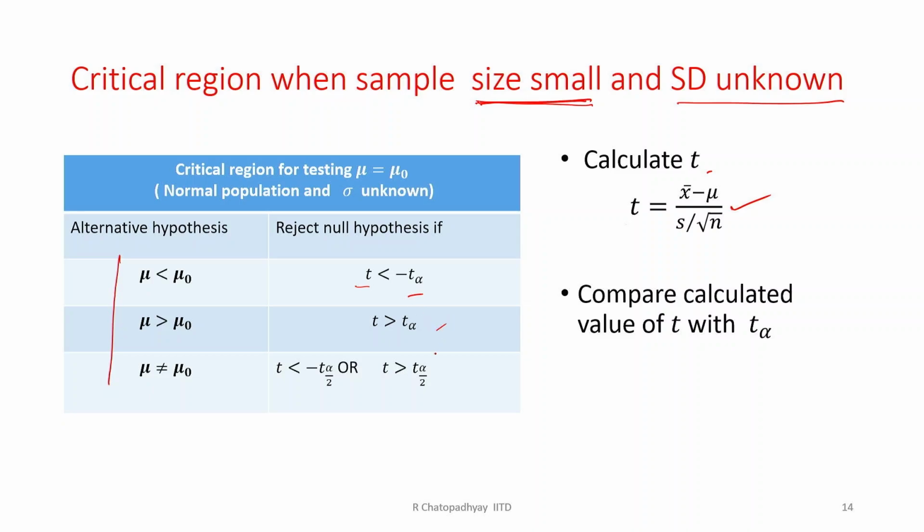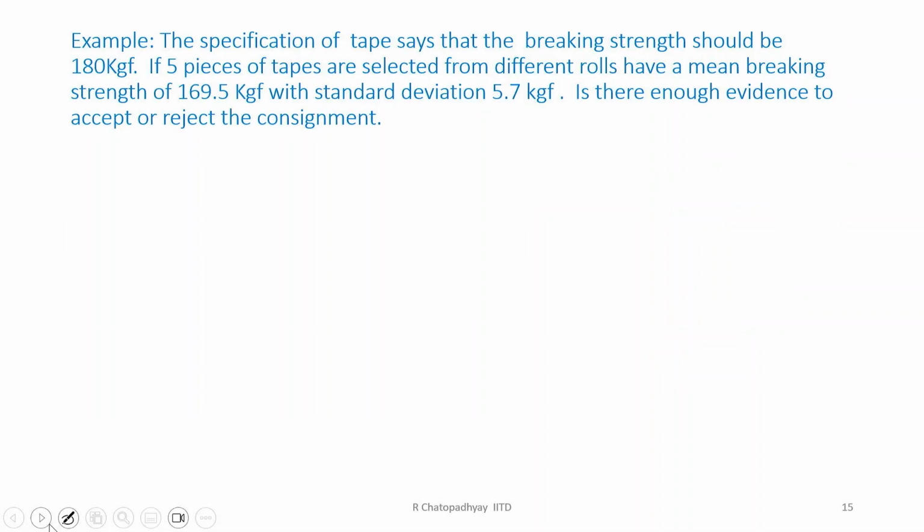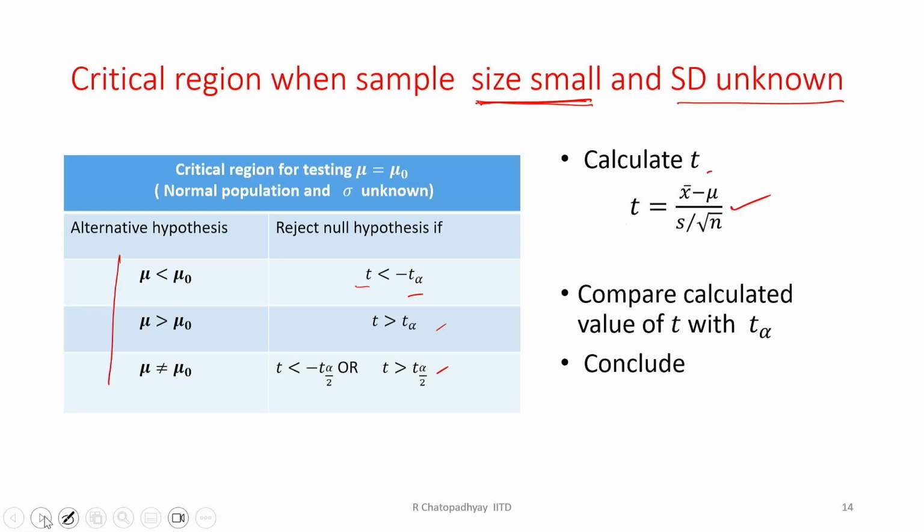So this is exactly similar in nature to whatever you have written earlier. The Z has been replaced by small t here, and these are the critical regions, and we conclude based on this. Compare the calculated value T with T alpha, and either we have this situation or this situation or this situation. In all these three cases, depending upon the alternative hypotheses, our conclusion is to reject the null